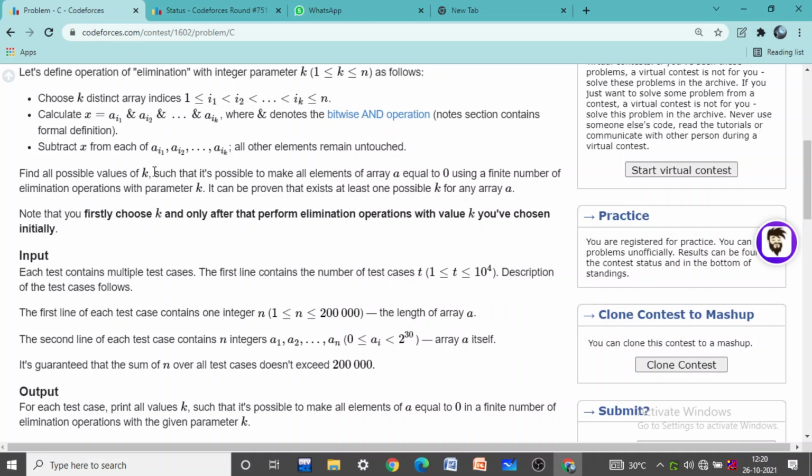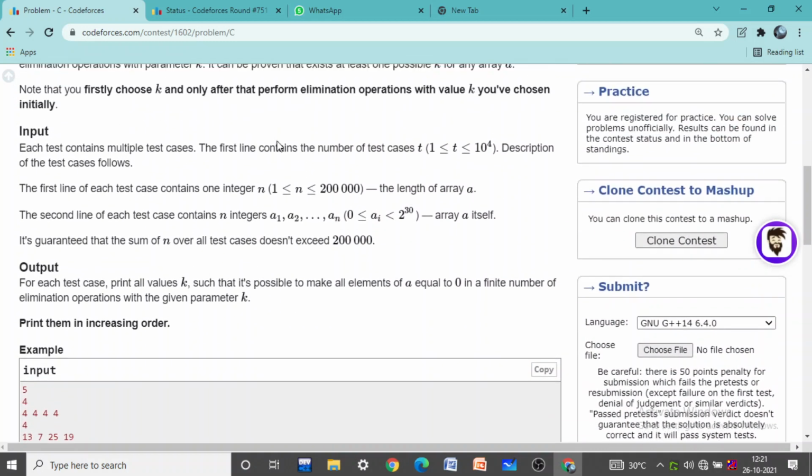We have to find those values of k such that after performing a finite number of elimination operations, all the elements of the array become 0. Now it can be proven that there exists at least one possible k for any array A. We will see how it can be proved.